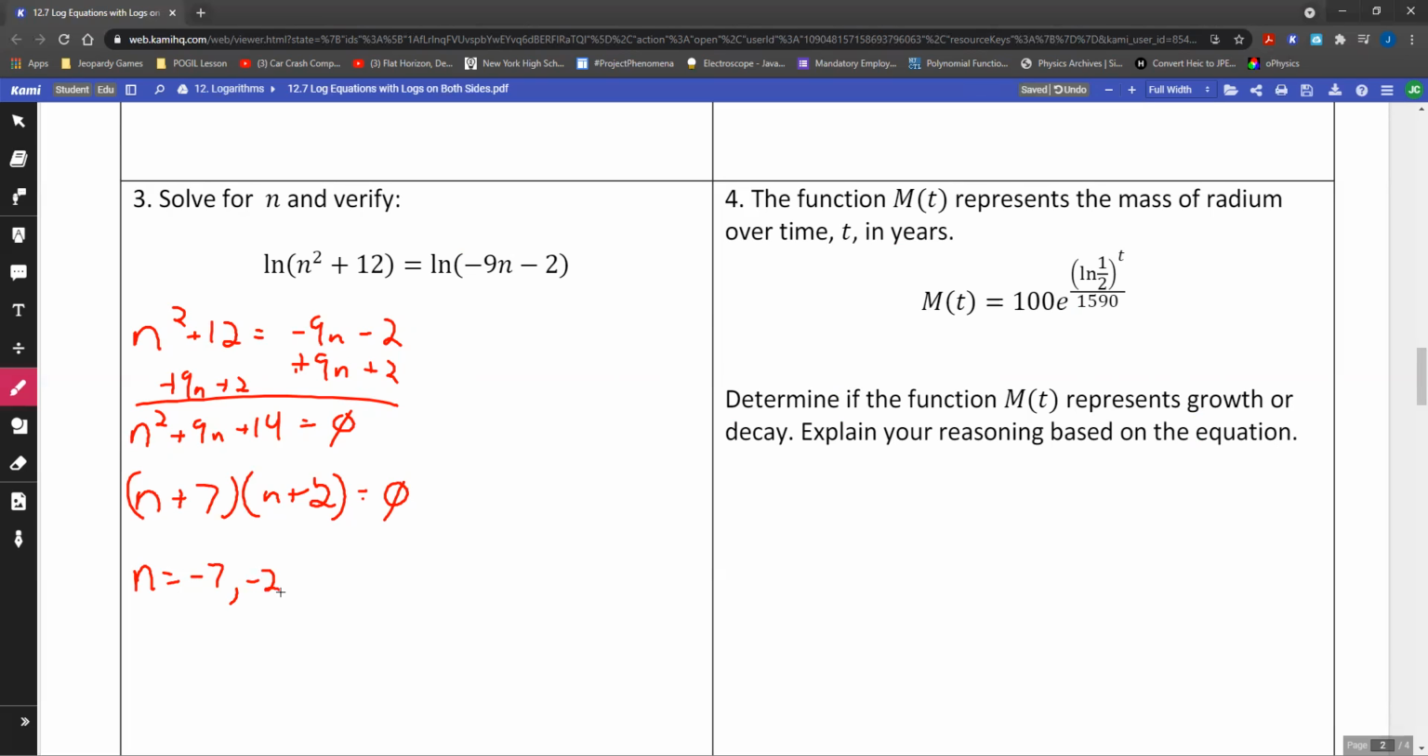So we can double check this. Negative 7 squared is 49 plus 12. Negative 9 times negative 7 is 63 minus 2. So this becomes 49 plus 12, 61. And this is also 61. So negative 7 works. And then I could also just do a really quick check